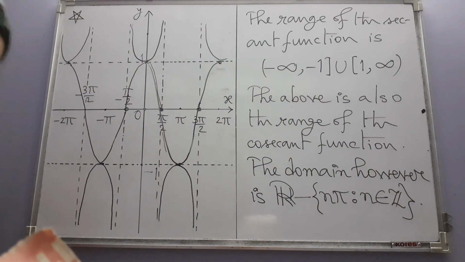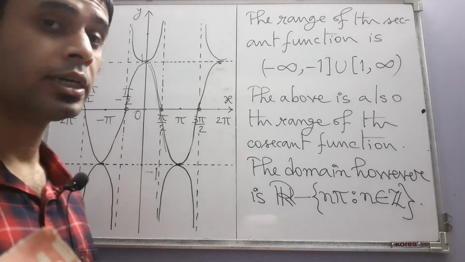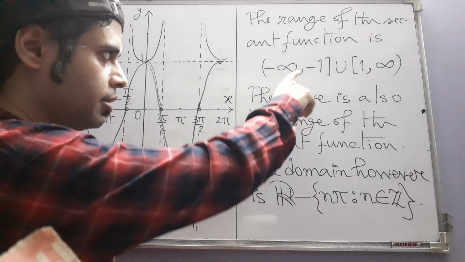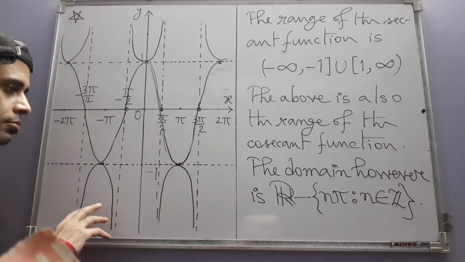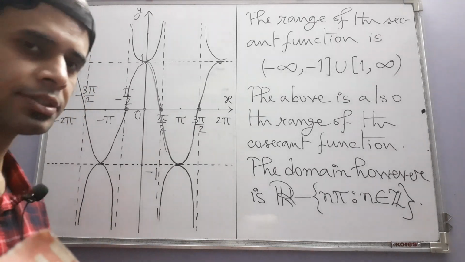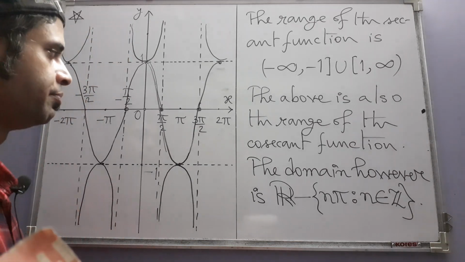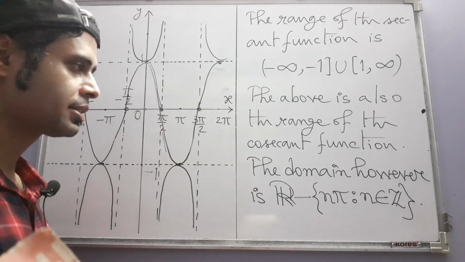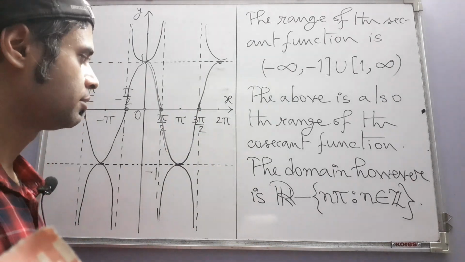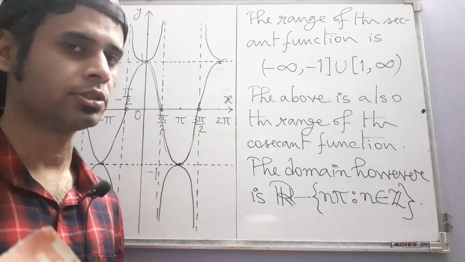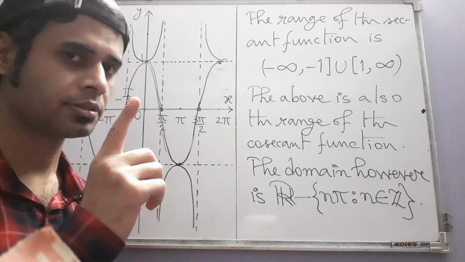Okay, that is the domain of the cosecant function. The range is this. Now I want you to draw the graph of the sine. It's already there in the book. Draw the graph of the sine function. You just see once what is given in the book, and then you do it yourself once,